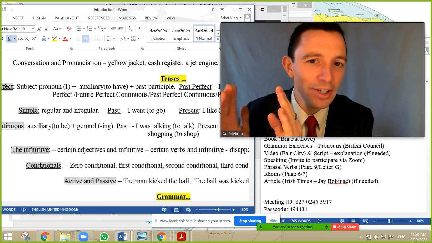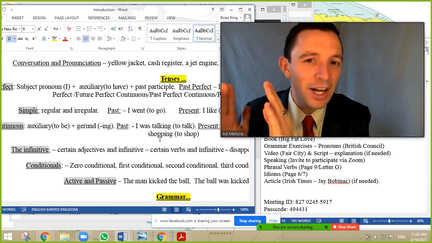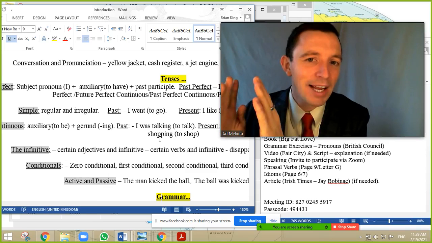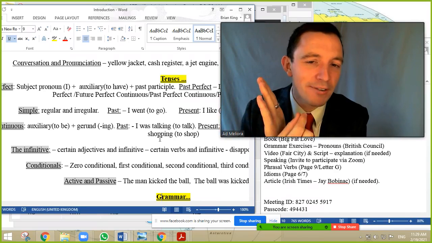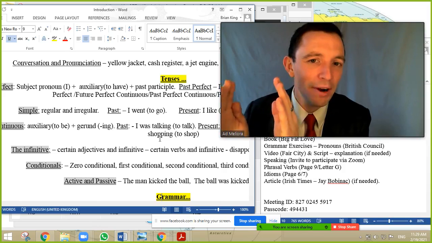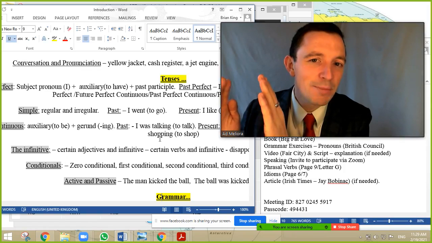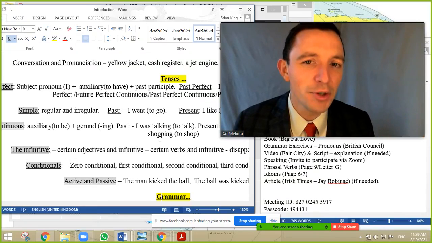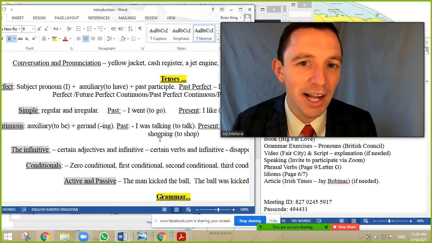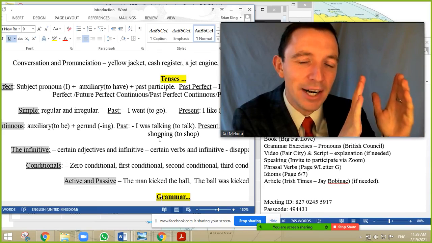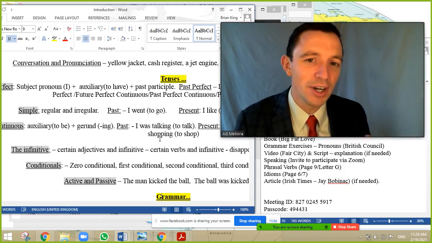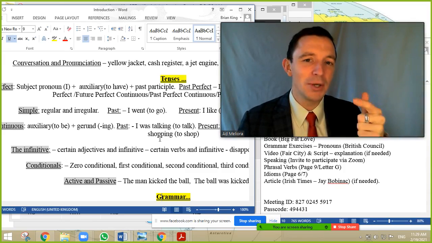The past perfect is usually the period in the past, normally before another action in the past simple. For example, I had lived in Spain before the pandemic arrived. That's a perfect example. Past perfect, it's finished, and usually it's before another action in the past simple. Okay, and the future perfect is possible, a little more advanced. I will have eaten my dinner when my friend contacts me. Okay, so it is possible in the future. That's the simple, the continuous, and the perfect.